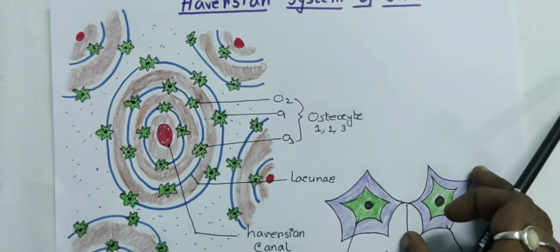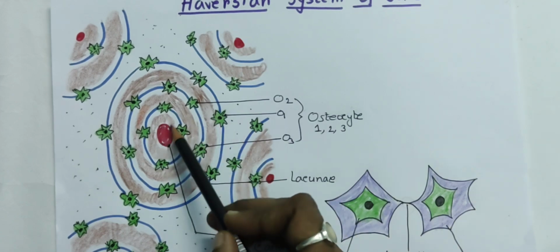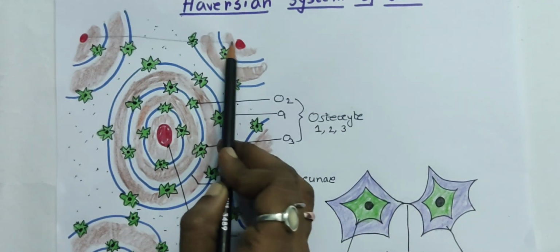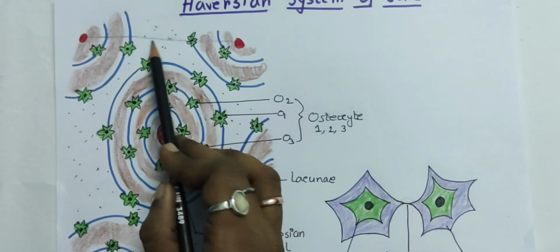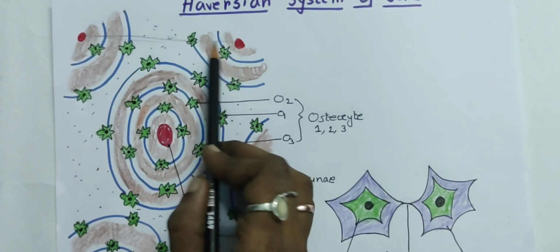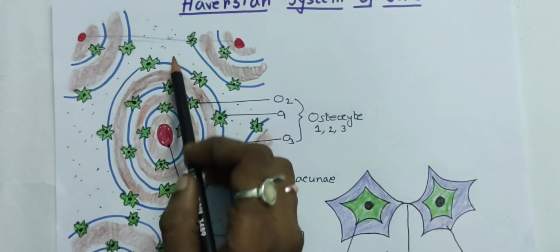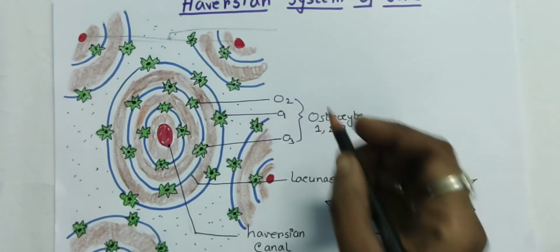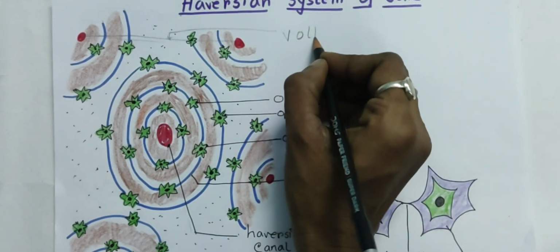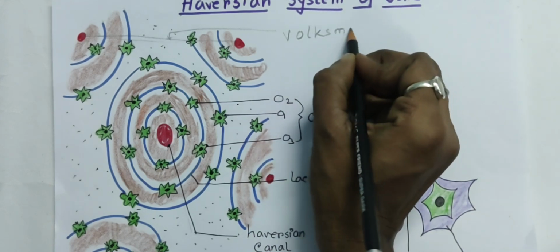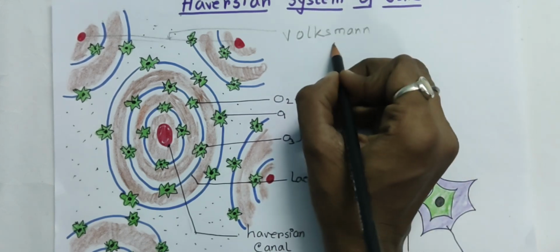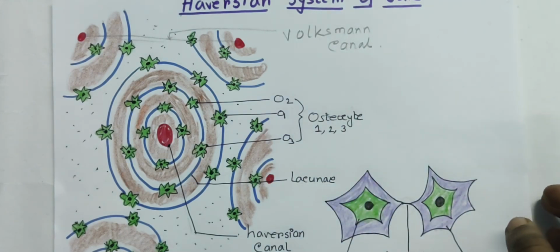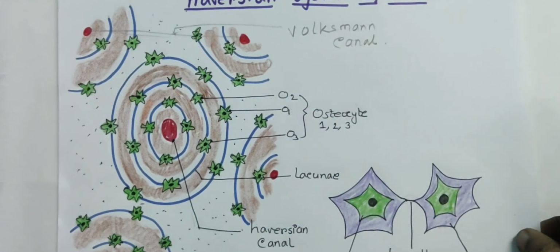And another thing is that if I connect two Haversian canals by a line, along this line there are some blood vessels that connect these two Haversian canals, and that is called the Volkmann's canal. Okay. So this is the